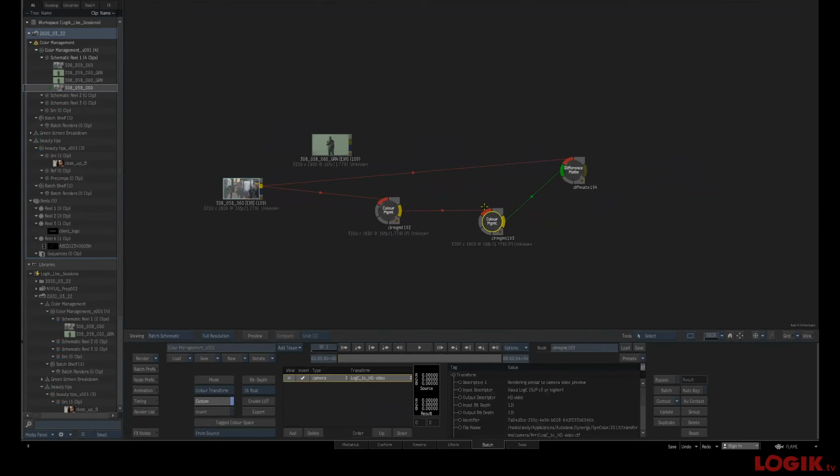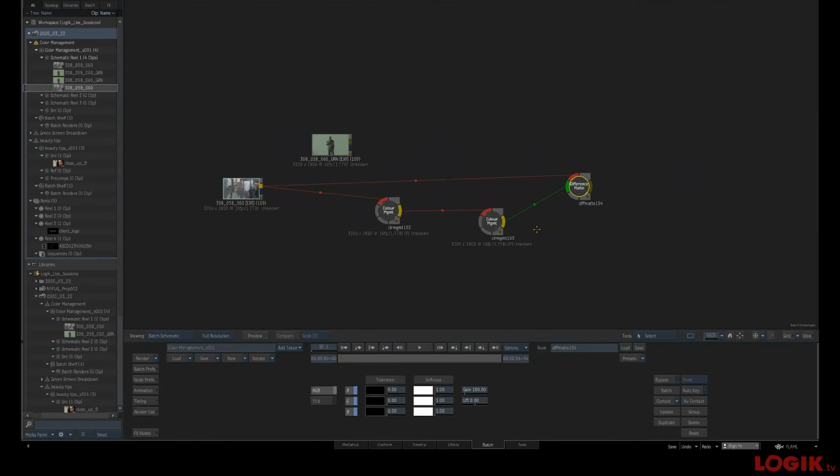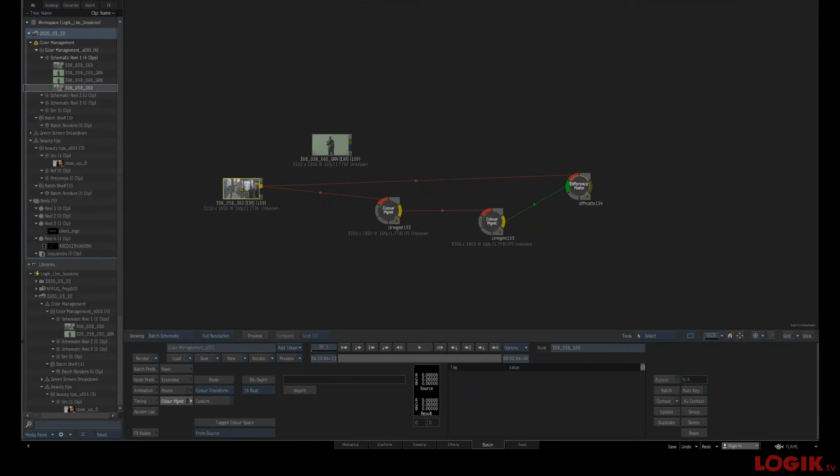It's called a viewing LUT. And again, I learned this when we started working on the show. So let me show you a couple other things here too. Also,